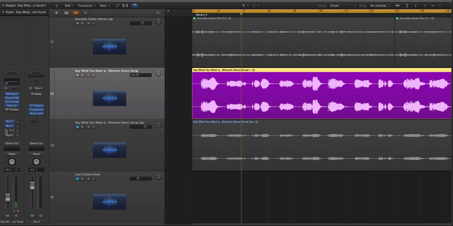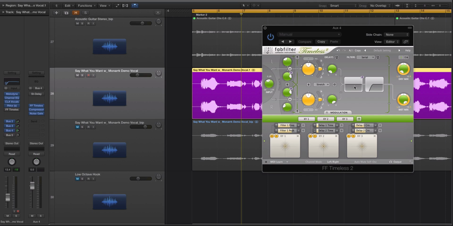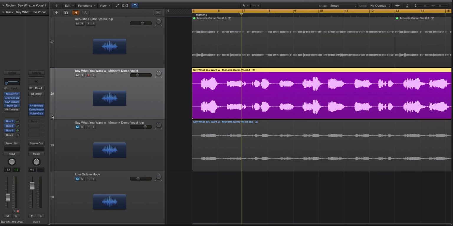Because you don't have the delays building up over time, and you can actually filter your delay, which is nice. So I have some filters on this delay, taking out some of the low frequencies. So how do you set this up? Well,